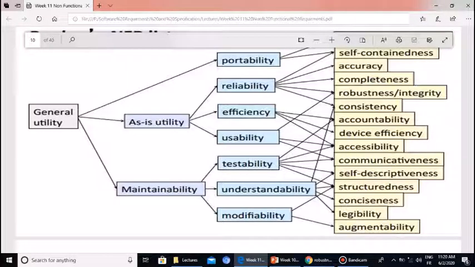Device efficiency, accessibility, it should be accessible all the time whenever you want. Communicativeness, it should be able to communicate with other software if required. Self-descriptiveness, you do not need to read lots of material or search on the internet a lot to learn about how to use this